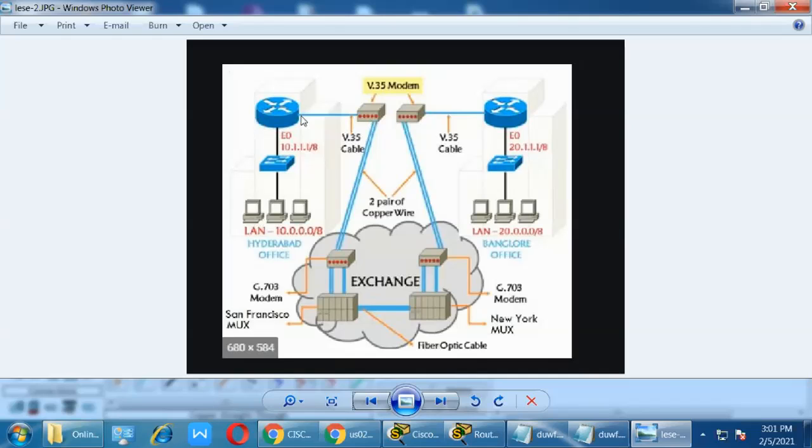Otherwise your senior sends you the configuration and says this configuration should just be injected into the router, so you just copy and paste, that's it. Okay, if there is any problem, you need to inform the senior, and the senior will log in remotely and check the configuration, and he can change and edit that configuration. Clear? This is how things happen in real time.